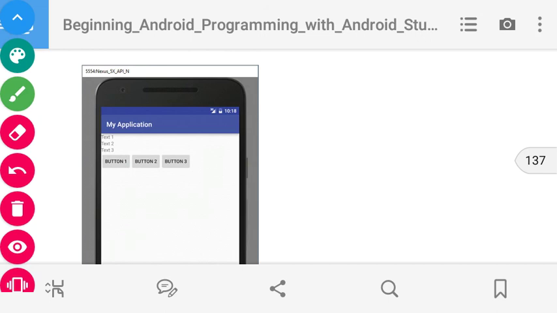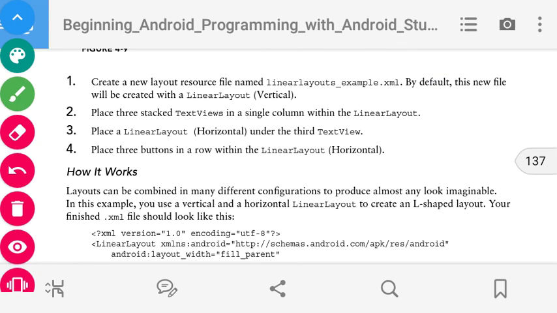In the output we can see that there are three text views, displaying the messages Text 1, Text 2 and Text 3. We can also see three button views: Button 1, Button 2 and Button 3. The coding for this follows.